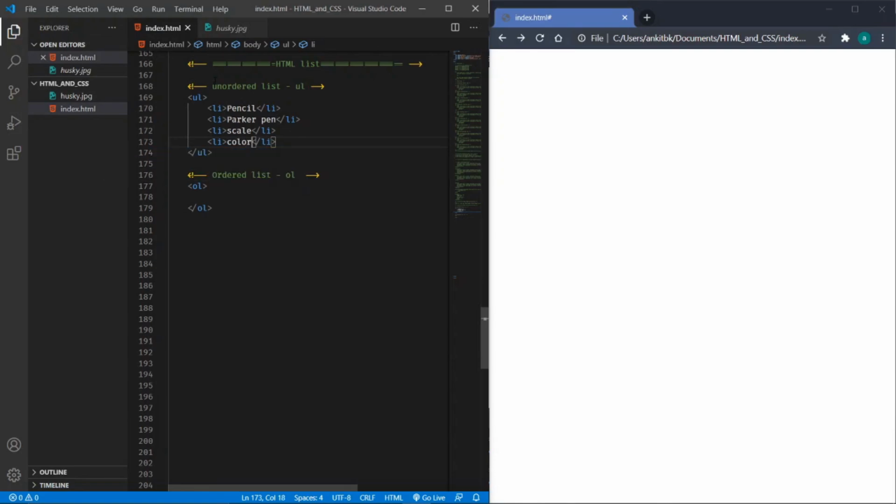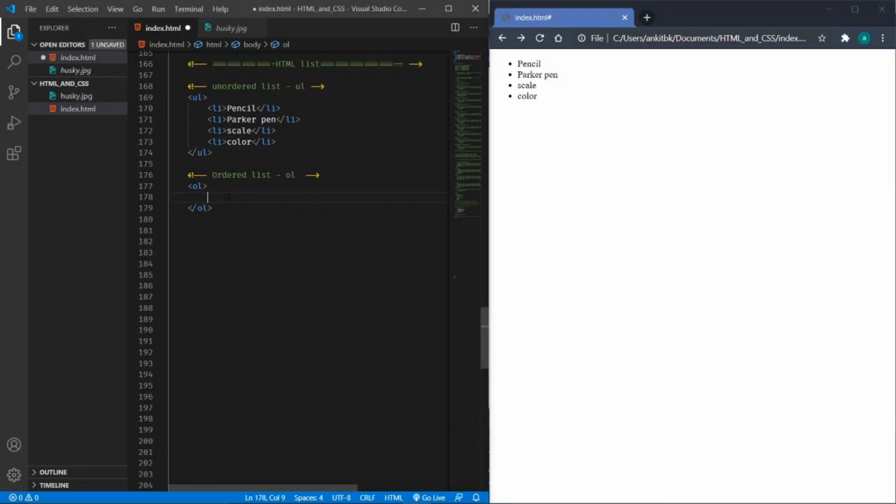I will save it and let's check how the unordered list is shown. As I've told, unordered lists are in no specific order. There is no order maintained. They are listed in terms of bullets. The dots are nothing but the bullets.